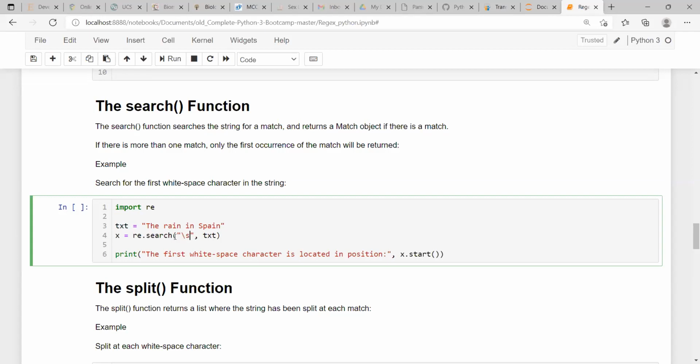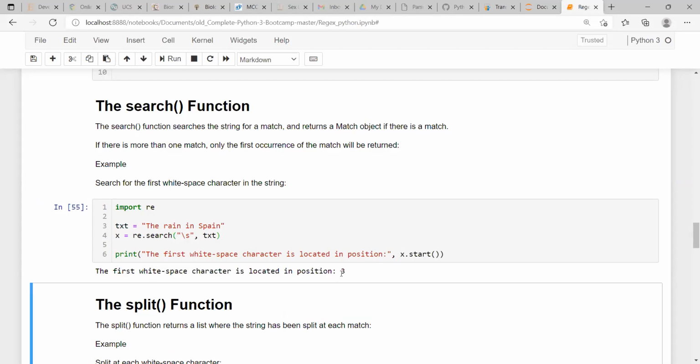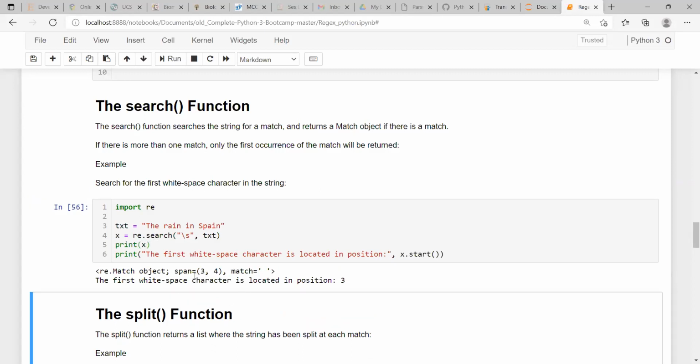Now, if we specify backslash s within this regular expression pattern, and print x, it shows the span of this backslash s, that is 3 and 4.